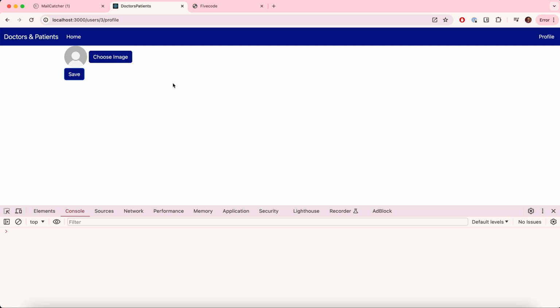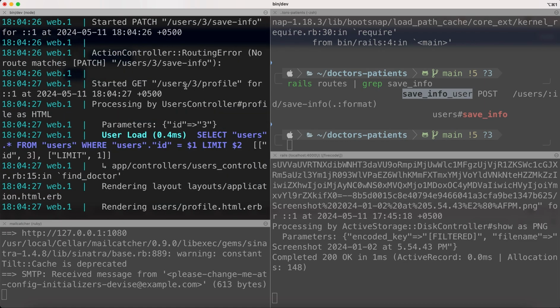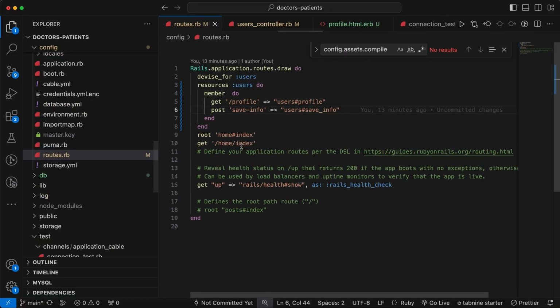So if I click on it and then select the image, let's clear the logs and then click on this save. Let's go back to the terminal and see what is happening. It sends the patch request on this but it is saying that no route matches. So if we go back to our routes, we created a post route. Let's change it to patch,